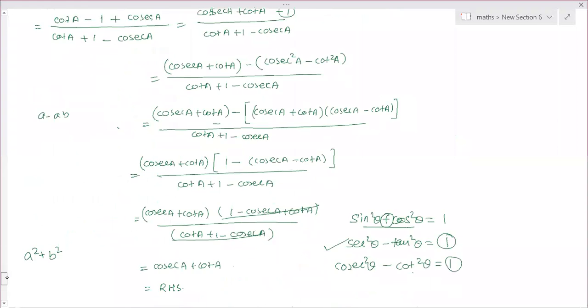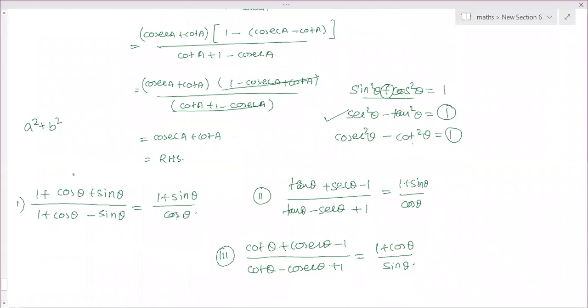But now we need the sec and tan. So therefore replace this with sec and tan form. So divide both numerator and denominator with cos theta and try the same method. Now try all three questions. Exactly the same kind, but the only thing is, in the first case you have to divide with cos theta. All these three questions clear to you?